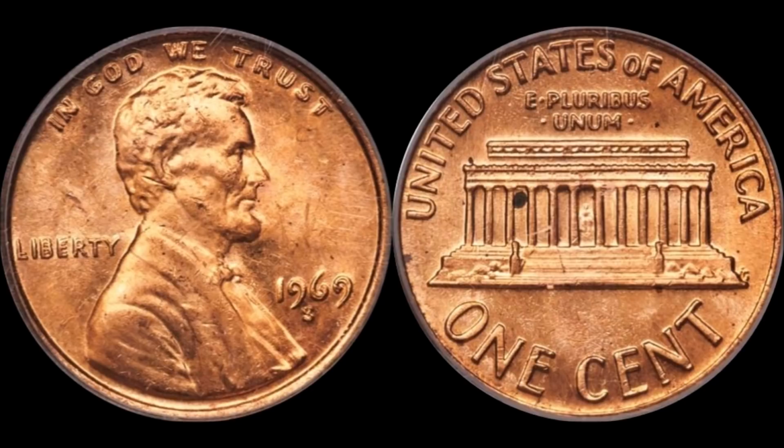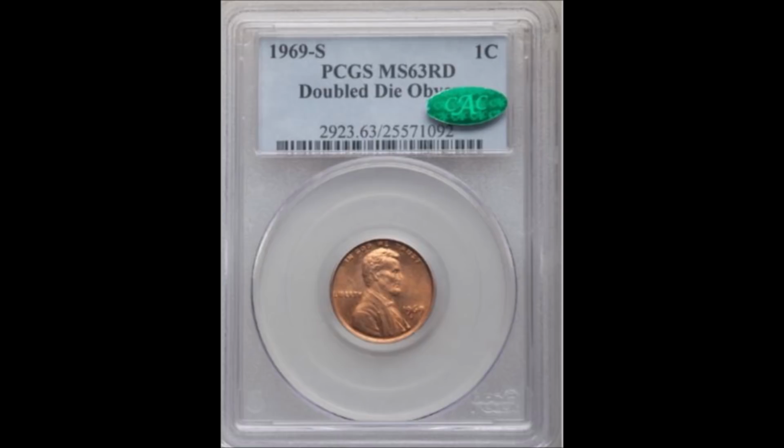This one has a couple of carbon spots on the reverse of the coin, as you see in this image capture, that usually would distract a lot of people from paying more than what it's worth. But we are talking about one of the rarest varieties in the Lincoln Cent series. This one right here is one of two coins of the same date, same variety, that sold at the Florida Fun Auction by Heritage. This one sold for the most amount of money at